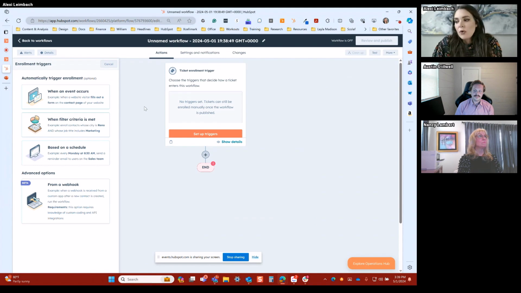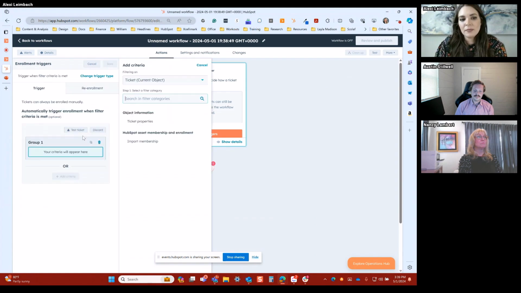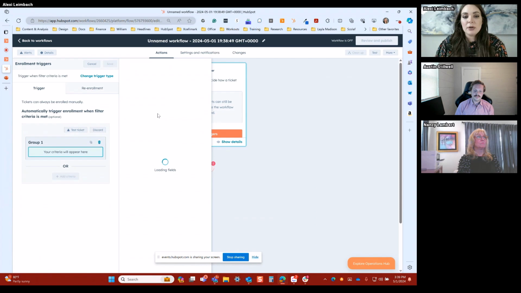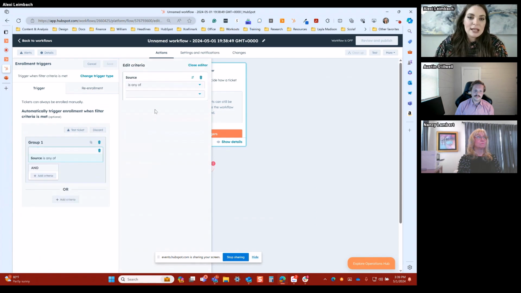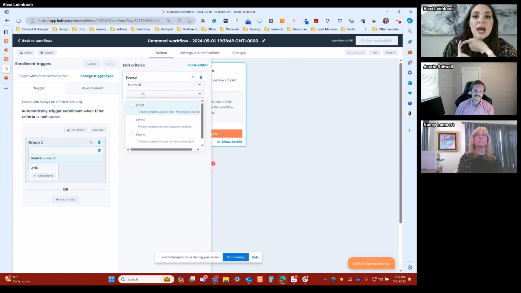So I'm going to do filter criteria, and it's going to be a ticket property called source. Chat is going to be live chat, chatbots on your website, or Facebook Messenger. Email is if you have your support email or shared email connected in with the inbox or help desk.